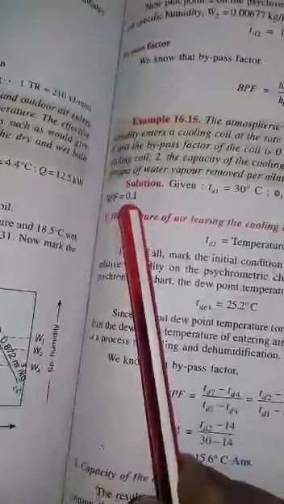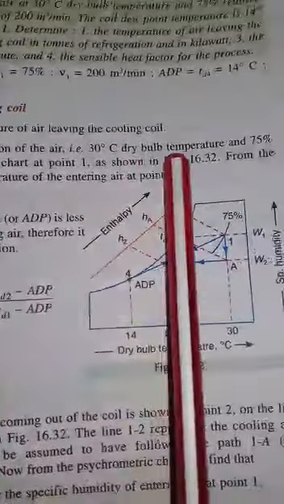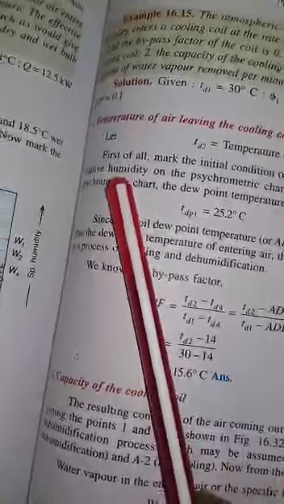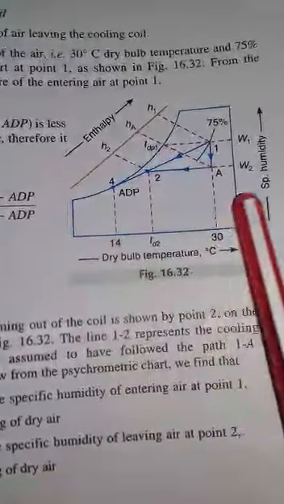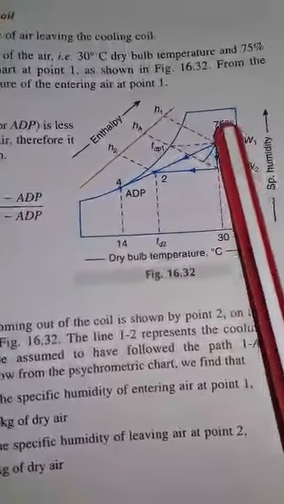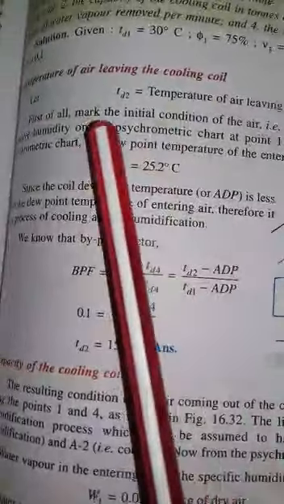So we will locate the point, that is point number 1, 30 degree temperature and 75% RH on the psychrometric chart. Here is the psychrometric chart. Point 1 is here, 75% RH and 30 degree DBT, dry bulb temperature. After marking that point, we know that